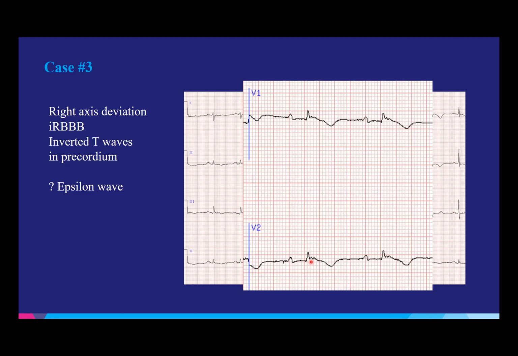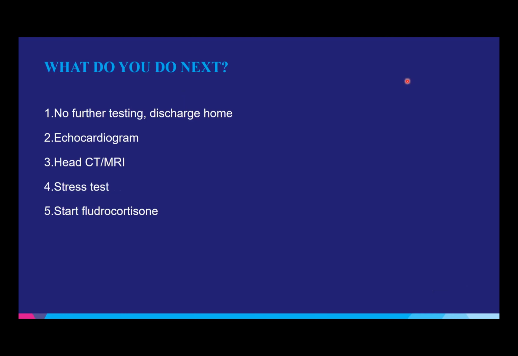I think epsilon waves usually come up when a patient is hypothermic. So do you see after this QRS in V1 and V2, you see this funny little notch right after? Oh yeah. Apparently that's called an epsilon wave. I only know this because there's a case on my service, and I had no idea before this that this kind of wave exists. But essentially, now you know what's going on.